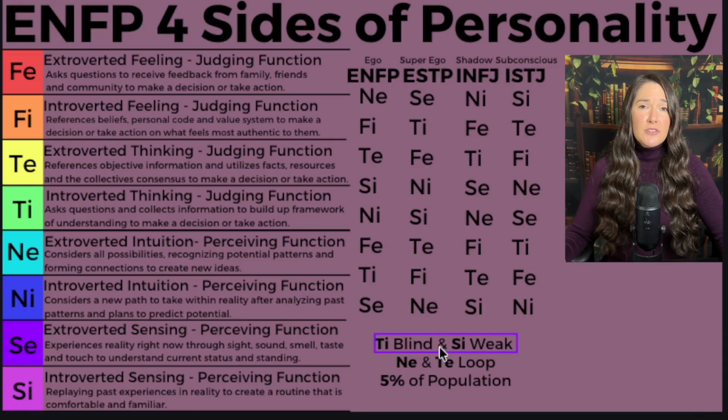And then at the bottom of the screen, I have some tips and reminders. These individuals are TI weak. They're always going to be leading with how they feel. They're not necessarily going to share their framework with reality at any given time. They're going to be going more off of their morals and values than what they actually think and understand about a situation. And then they're SI weak.